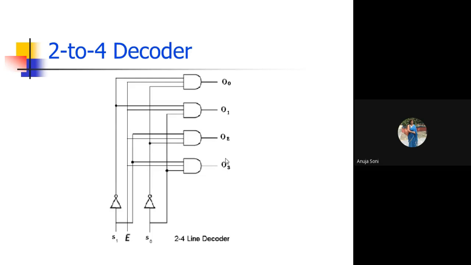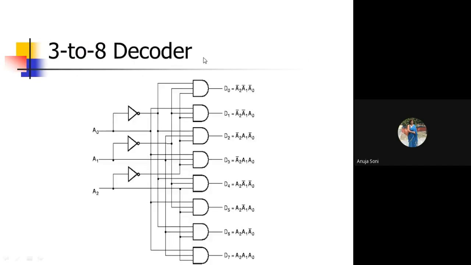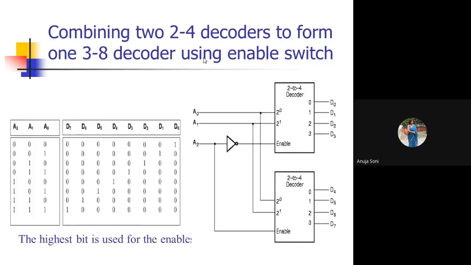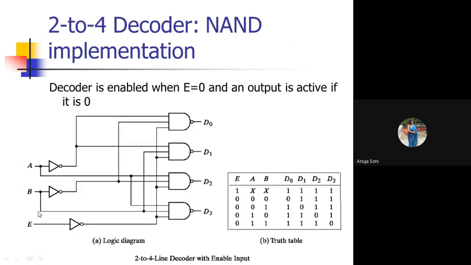But now the same kind of functionality needs to be achieved. Same kind of functionality means here we are going to talk about the 2 to 4 decoder using the NAND gates. We have to draw such a diagram that 2 input lines go inside, and ultimately it is able to generate at most 4 combinations. This kind of functionality.